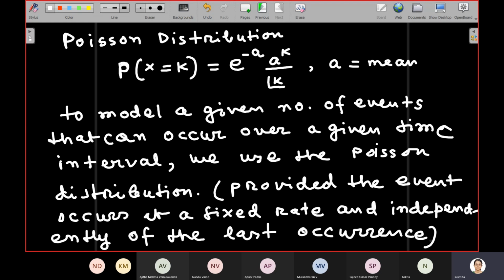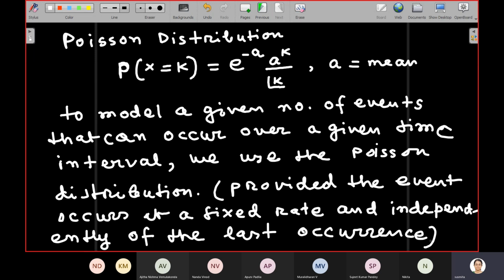So only if these two conditions are satisfied, that the event is taking place at a fixed rate and it is independent of its last occurrence, we can use the Poisson distribution to model the number of times it occurs